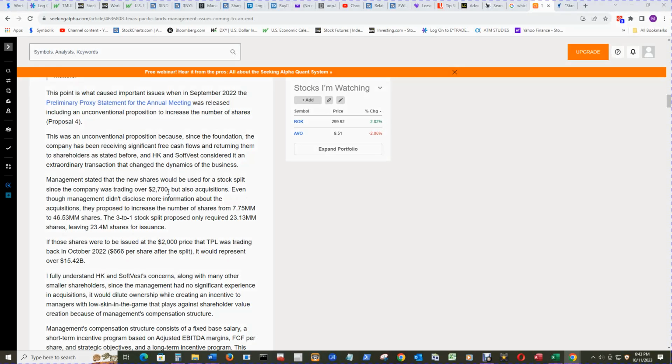And they wanted to split this, management did, when it was $2,700. And you can see that we've pointed out many times that precipitous drop from up there down to where we got in around $1,280. And the management didn't disclose really any information about the acquisitions and proposed to increase the number of shares